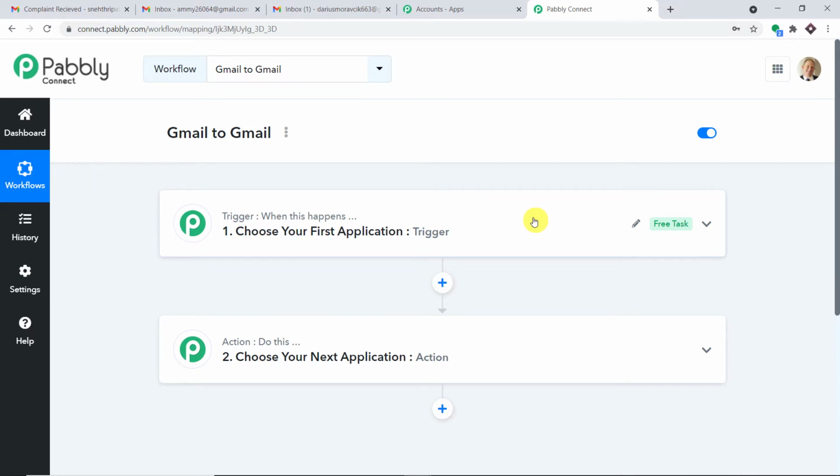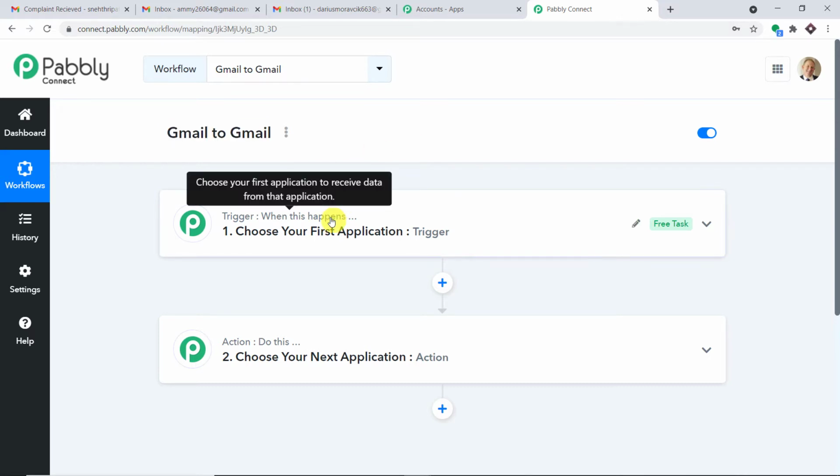For example, if a new mail is sent from Gmail, the action will be another email will be sent from Gmail. So technically using the trigger window as well as the action window, we are going to create a workflow to integrate Gmail to Gmail. Now the best part here is the link of this workflow will be added in the description box so that you can clone it and directly access it into your account.